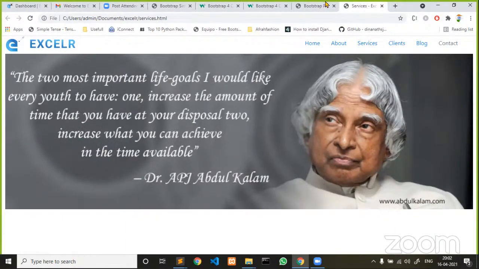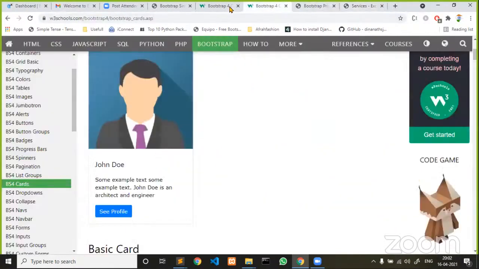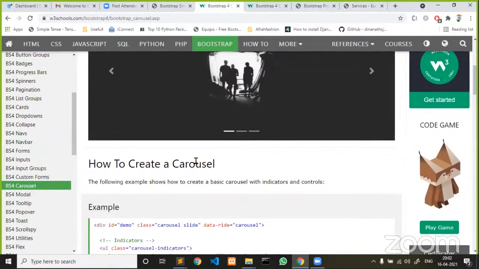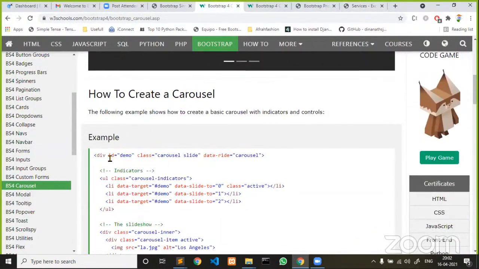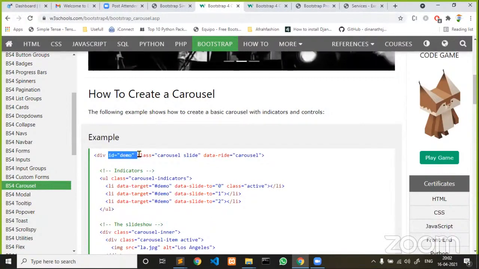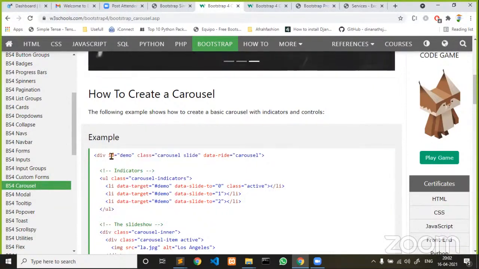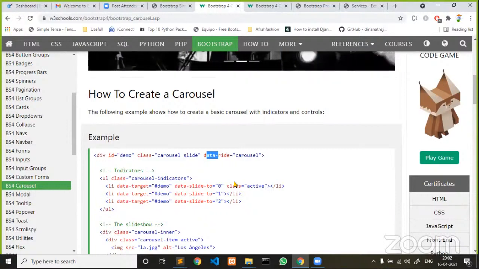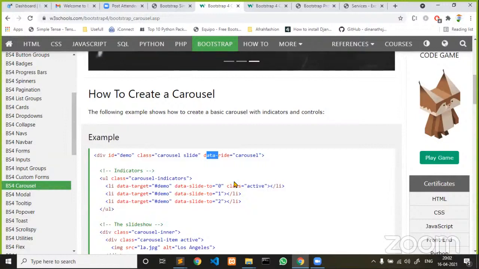Okay. Now go back here and try to understand how a carousel works, how to create a carousel. You see here, they gave the ID as demo. Classes are more important, and the ID is also one of the attributes. Class is another attribute. Data-ride: in HTML5, as we already discussed in the beginning of the session, HTML5 allows developers to create customized attributes by prefixing data hyphen. That is how this particular carousel is set up.